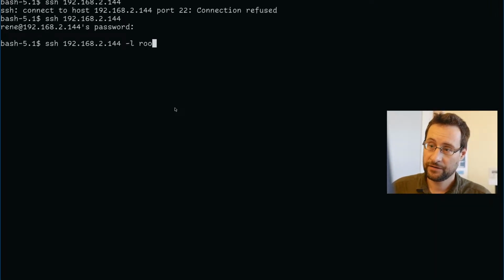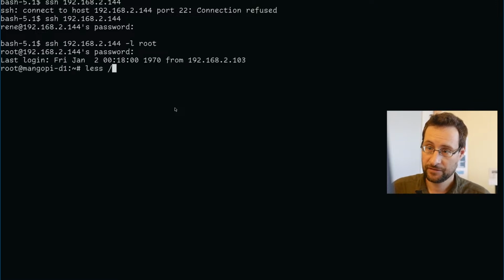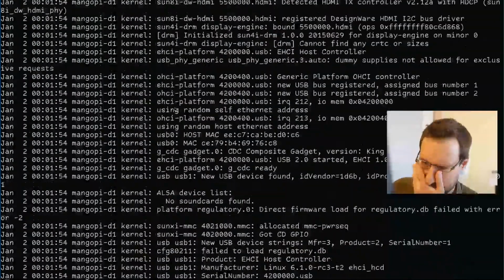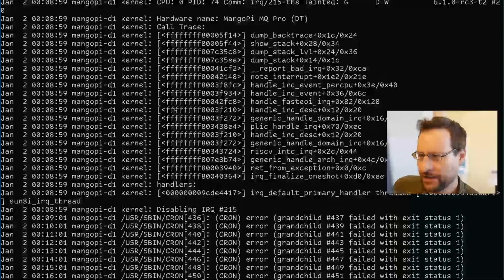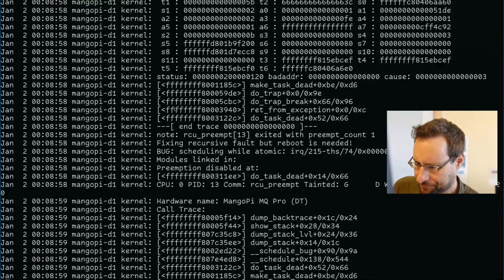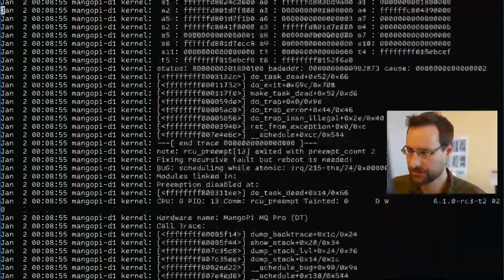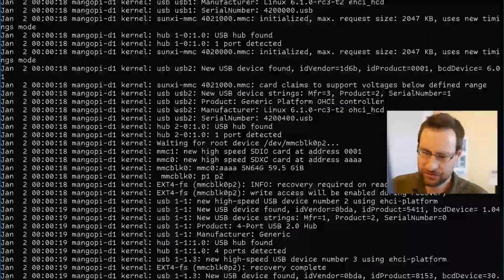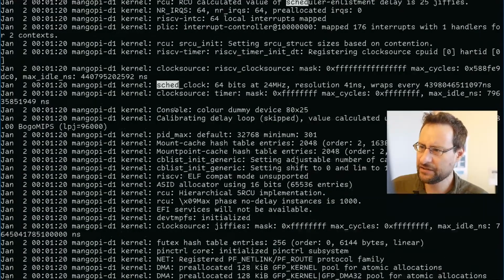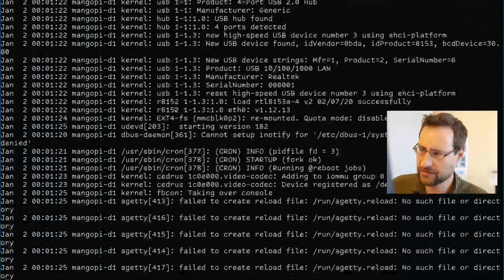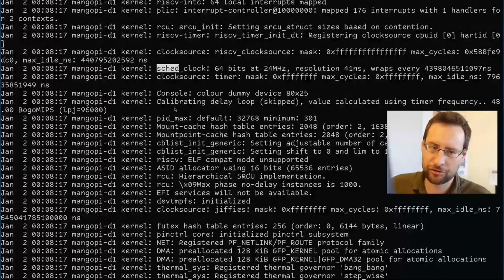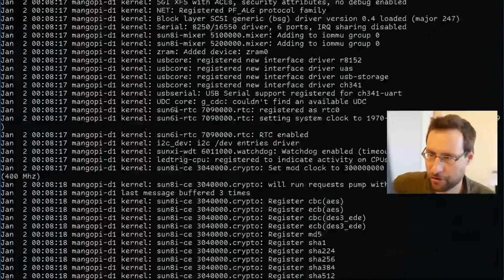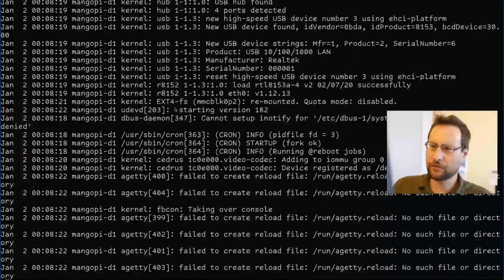And then let's become root with the test password and look at varlog messages. It will scroll much nicer and snappier. So yeah, here are some, and do task that, no, not do task that. And there you also need to guru meditate. Usually you need to be careful to look at the first oops, because the second or third or infinite more occurring after that might be a follow-up issue